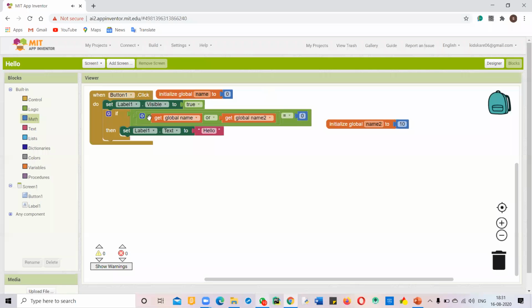Yeah. So this is a condition I have made. So in this case, what will be happening? I first use a logic block, equals to, okay? And inside it, in one connector I put the OR block. The second connector is empty only. Means in the second I have not used an OR block. I have used a math block.